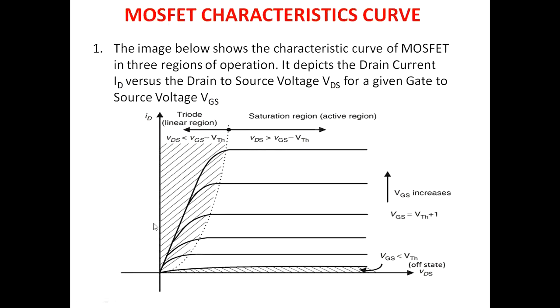As we know, as voltage increases, current increases, voltage and current are proportional to each other, and this region of operation is called the linear region. In the triode region or linear region, VDS is less than VGS minus